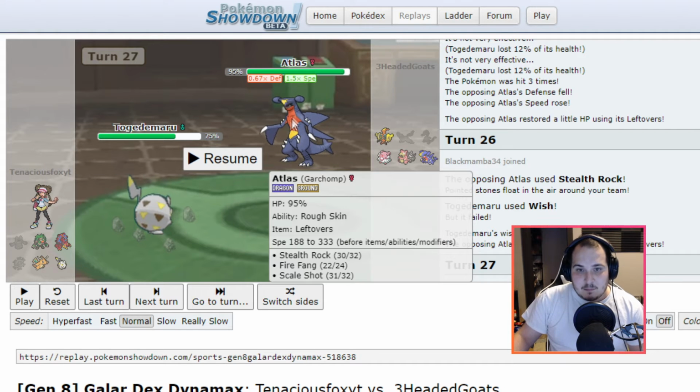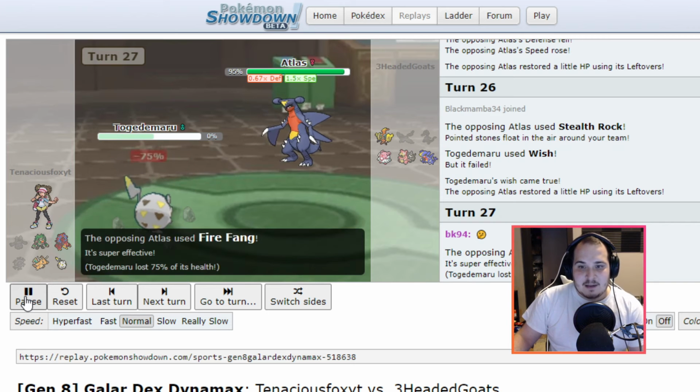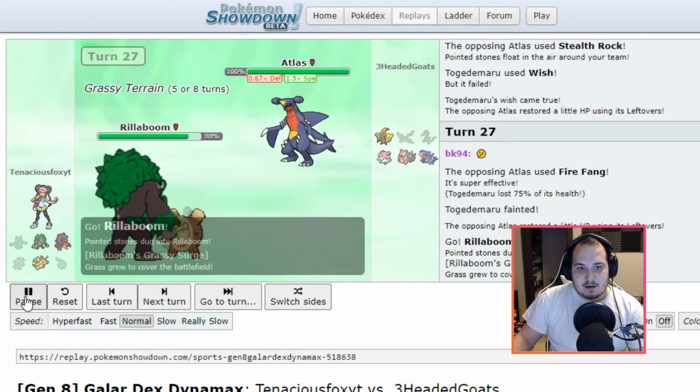Plus he was +1 speed, so I knew our Scarf Volcanion could not outspeed this, and I don't know what his last move was on it. He's gonna go for the Fire Fang, take us out. I'm gonna come in with Rillaboom and put some pressure on this, because at this point